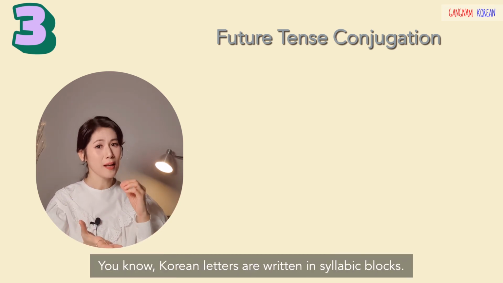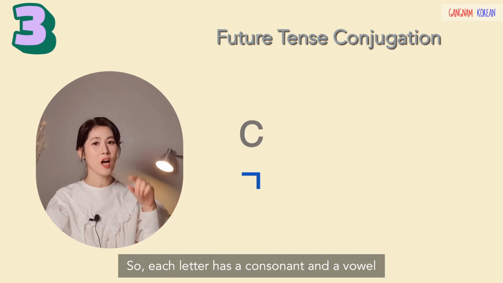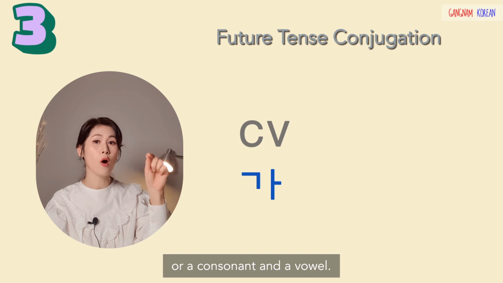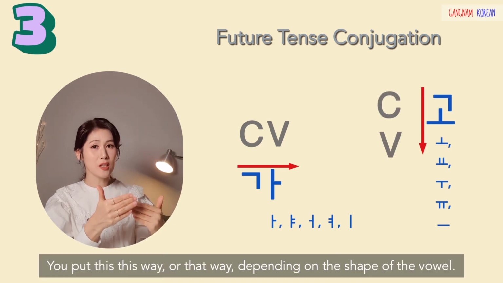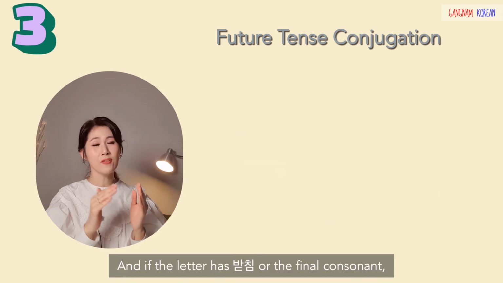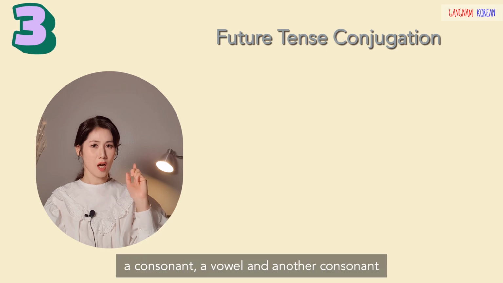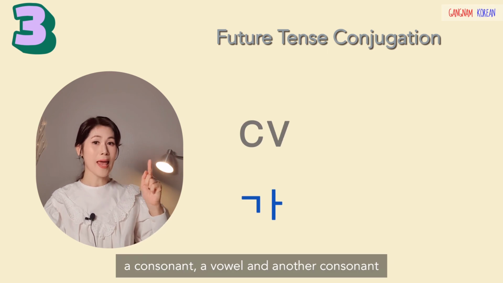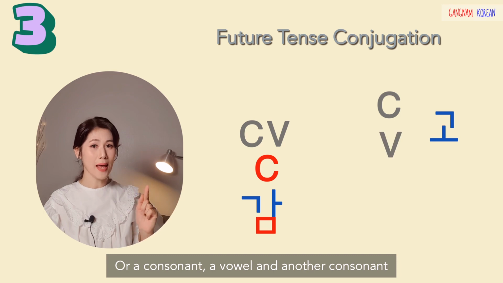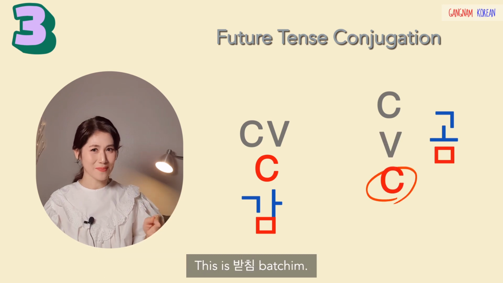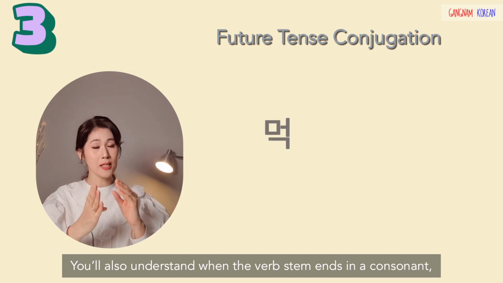You know, Korean letters are written in syllabic blocks. So each letter has a consonant and a vowel. You put the vowel this way or this way depending on its shape. And if the letter has a 받침, or final consonant, it looks like this: consonant, a vowel, and another consonant. This is 받침. If you understand this, you will also understand when the verb stem ends in a consonant,